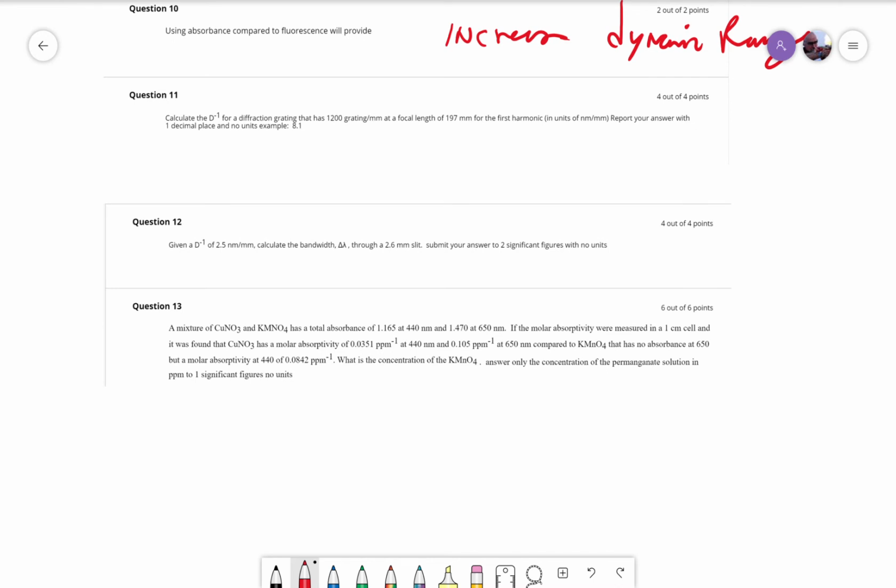Questions 11, 12, and 13 are calculation questions. D to the minus 1 is the slit width D, that is the fraction grating slit width divided by the focal length. In this problem, there were 1200 gratings per millimeter, which means if we take the reciprocal of 1200 and convert to nanometers,